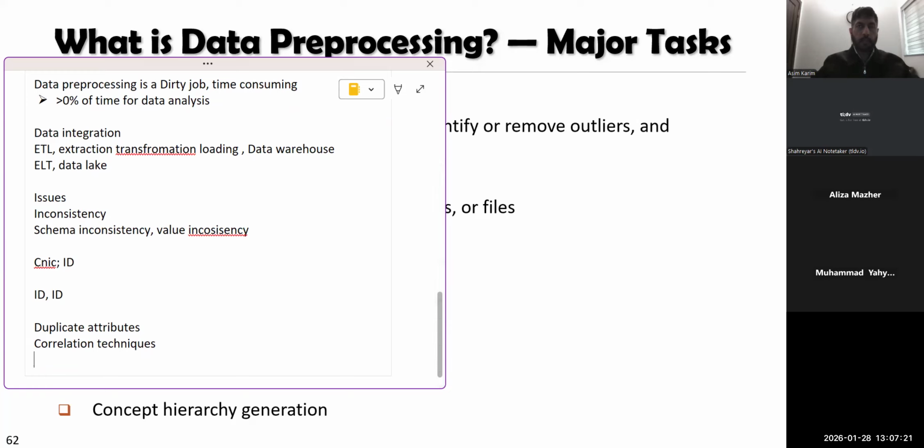So we have talked about duplicate. Talked about in general consistency issues arising from merging schemas and merging values. ठीक है. इंटीग्रेशन में